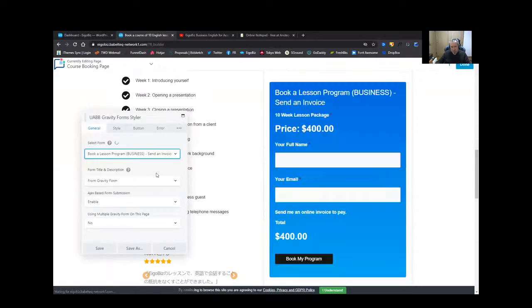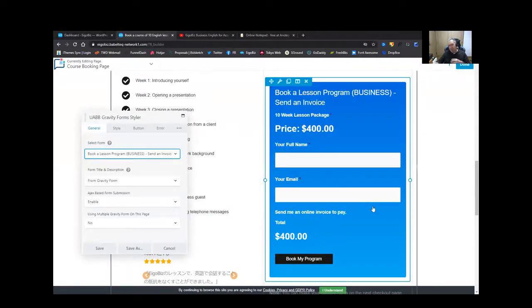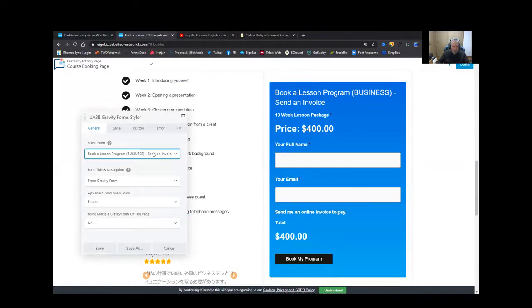So if I choose that, basically what this is saying is, rather than take a payment right now, you're asking them to book the course, and then you'll send them an invoice, either from your Stripe dashboard or from Payoneer or some other third-party method that you might have. So that's one possibility. Another is to use PayPal,